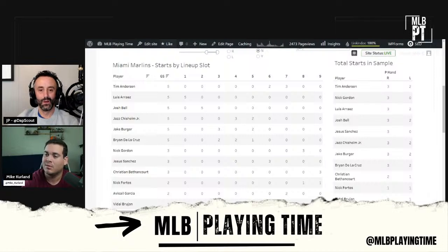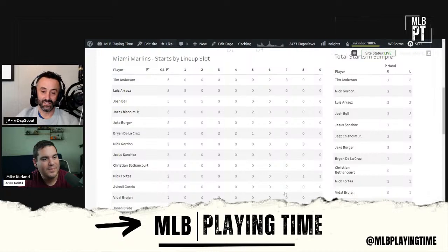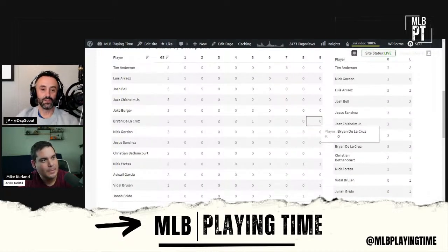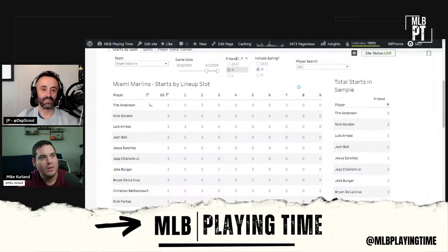Yep. Well, and here's the thing, right? When you look at a speedster at the bottom of the lineup, you typically want to see if they have a base clogger in front of them. He has Tim Anderson there in the 7th spot. I don't know if they were playing in the same lineup. And then he had Avisail Garcia. Neither one is slow. Tim Anderson's not slow, Garcia's not slow either. So seeing those two at least makes me a little bit more excited that if he gets on base, he can still do damage and doesn't have to worry about